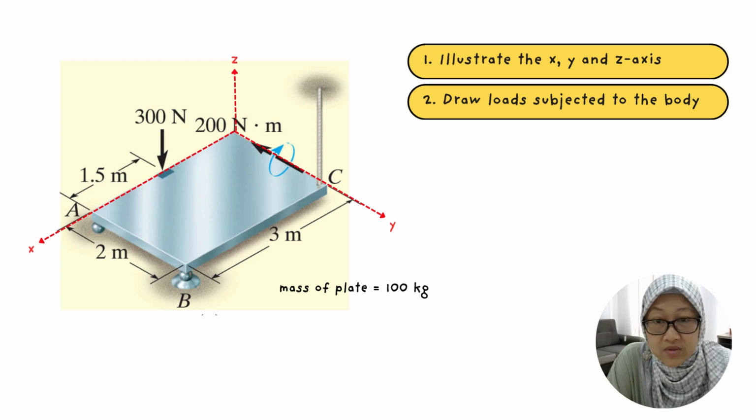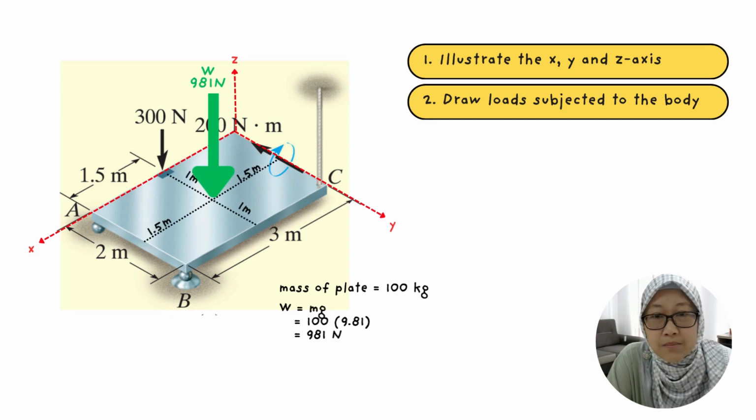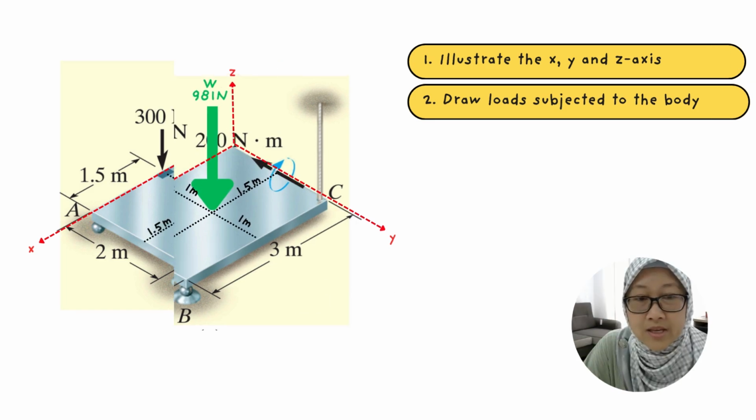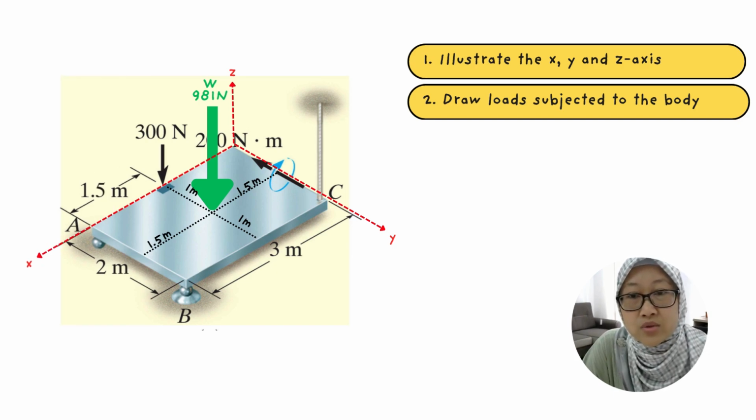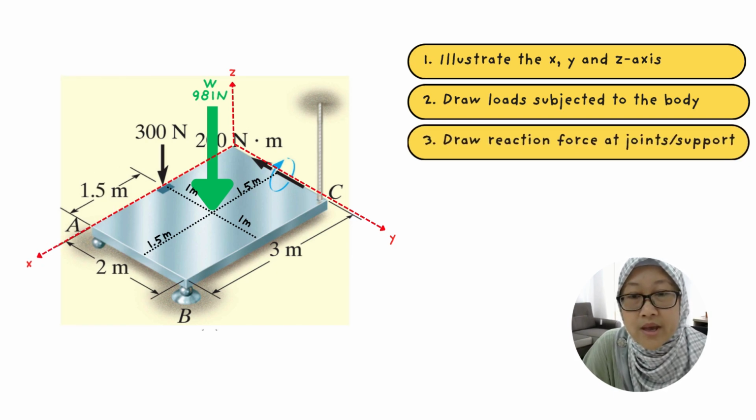Given the mass of the plate is 100 kilograms, we know that the weight of the plate is equivalent to mass multiplied with gravitational acceleration, mg. 100 times 9.81 gives a value of 981 Newton, which is acting exactly in the middle of the plate. The next thing you need to do is draw all the reaction forces at the